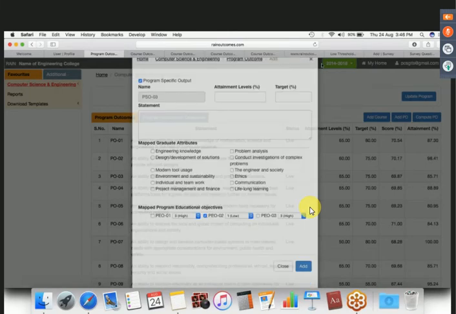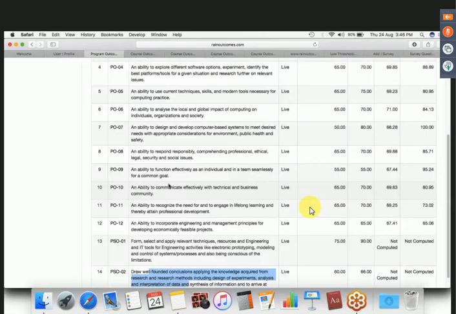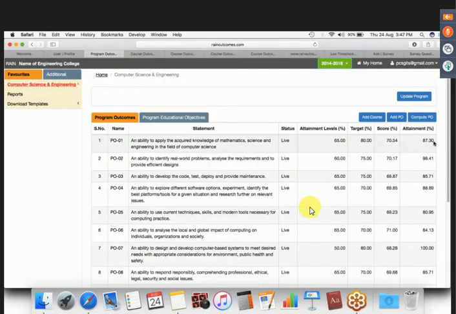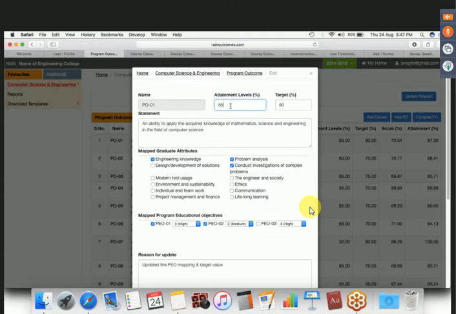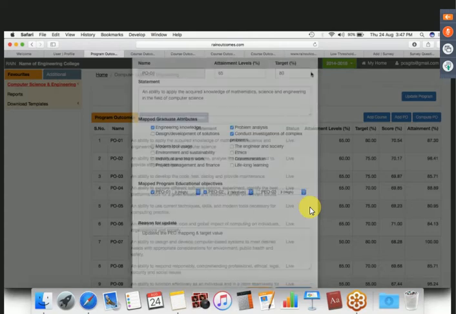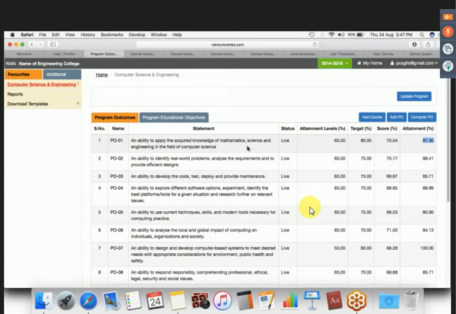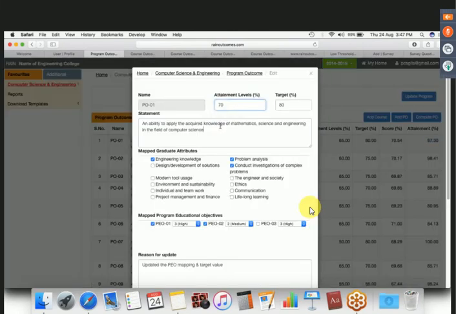And the best part is, you can see attainment levels, targets, scores, and attainment percentage also. And as said before, this is the toughest part. If you find that some attainment level has an issue, and you want to check whether increasing or decreasing the attainment level has some effect on your PO, you can click on the PO at any moment and change the attainment level instead of 65. You can see that now the attainment percentage is 87. I'm just clicking on PO1 and changing this attainment level to 70%, that is, I'm increasing the strength, and updating